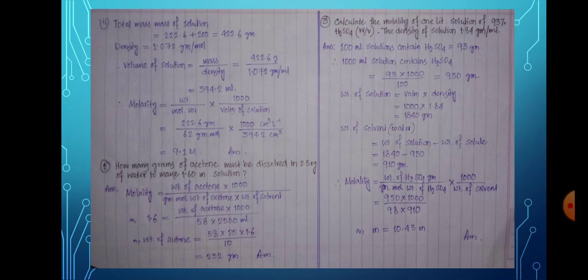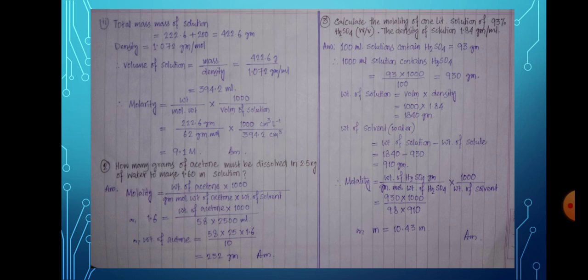Now another question. How many grams of acetone must be dissolved in 2.5 kg of water to make a 1.60 molal solution? We know molality equals weight of acetone into 1000 divided by gram molecular weight of acetone into weight of the solvent in terms of gram. Here